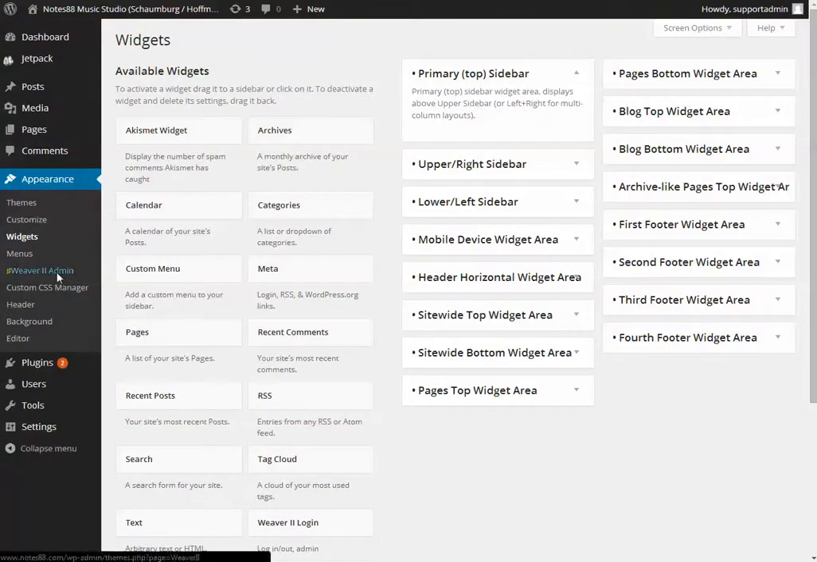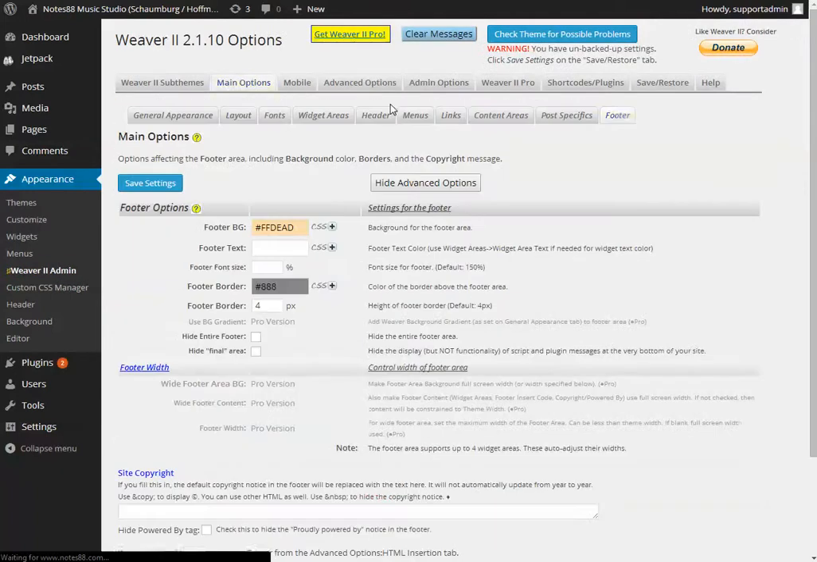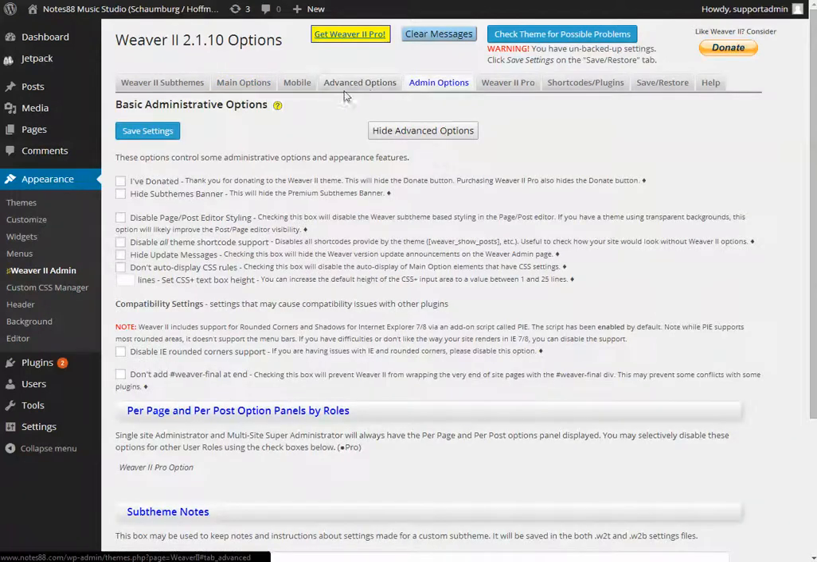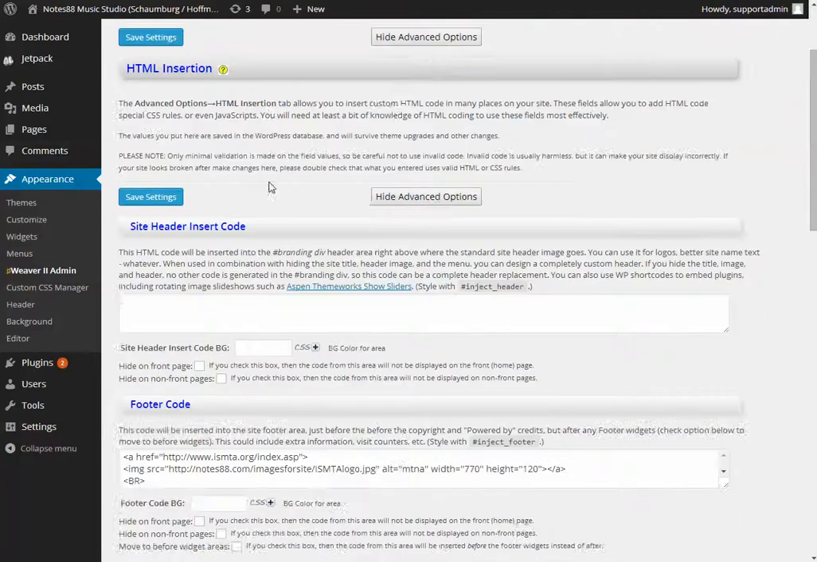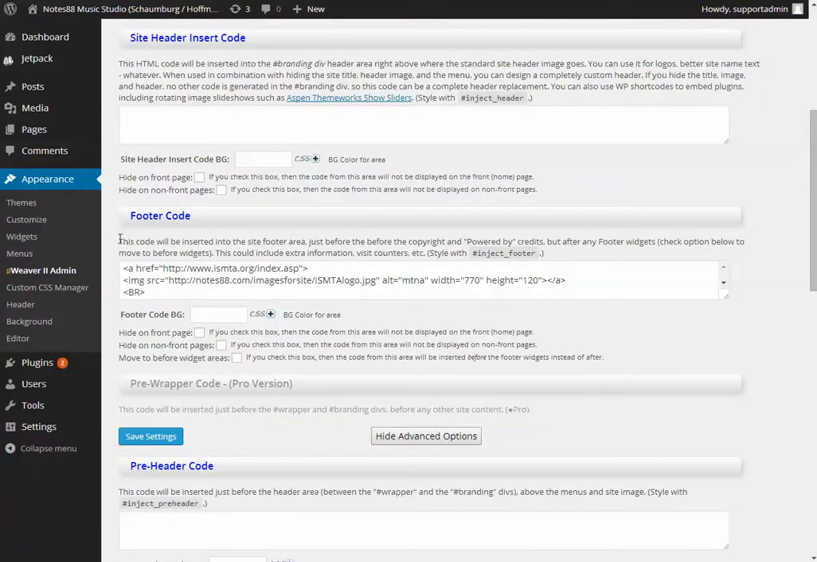So we're going to go back into the Weaver 2 admin section. It takes a moment for it to load since you're on shared hosting. And you're going to go to advanced options and HTML insertion. So once again, in order to find a lot of the things in here, you're probably going to want to go through each tab and have an idea of what is in each tab so that you can easily find things. But it's in advanced options, HTML insertion, footer code,